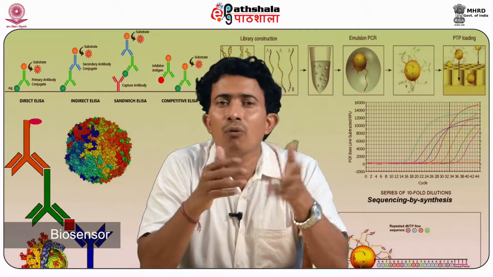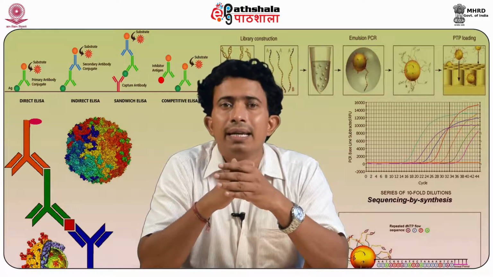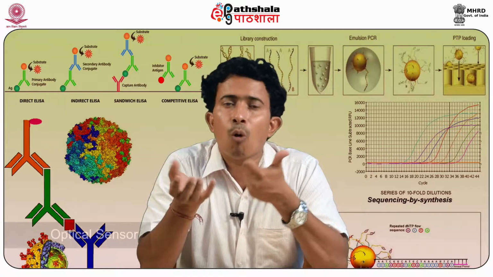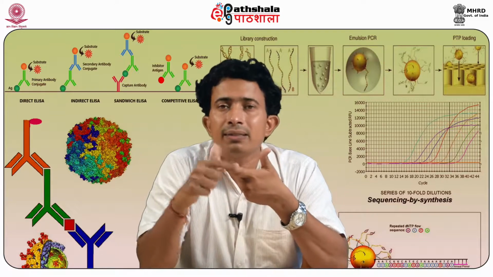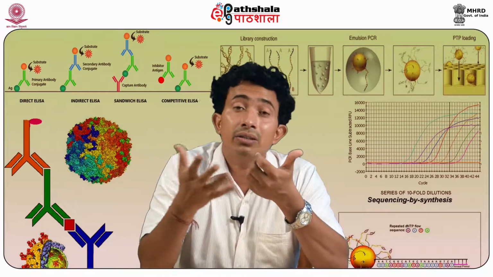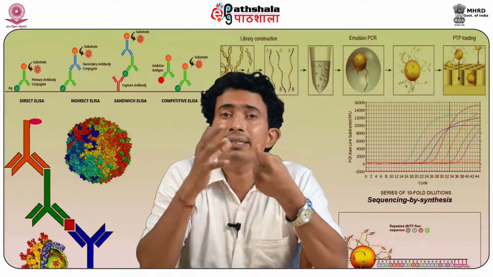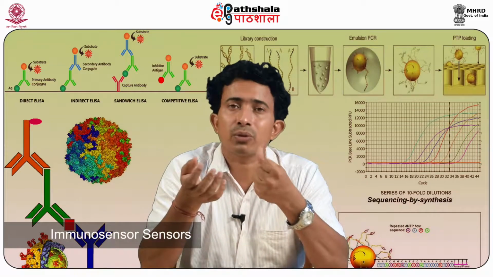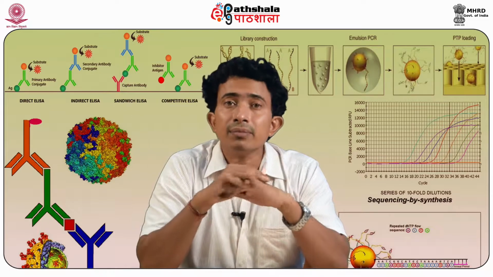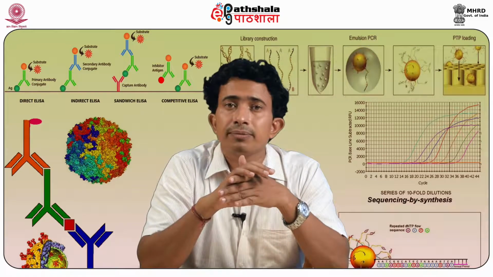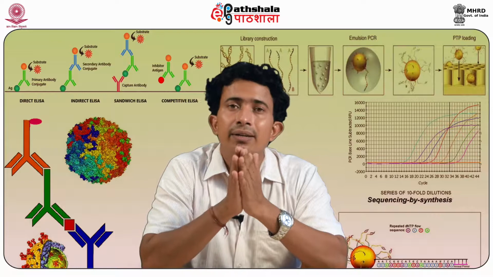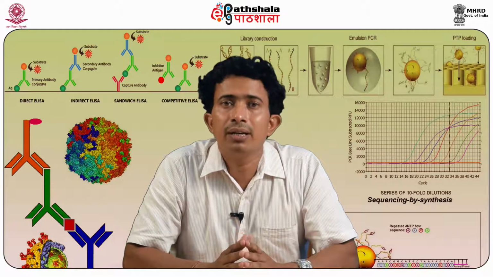So biosensors can be of many kinds such as optical sensor, electrochemical sensor, immunosensor. These sensors are based on different principles. For example, optical sensor is based on the detection of presence or absence of light in a specific condition. Electrochemical sensor detects change in the current, change in the voltage when the binding of ligand with the receptor takes place. Immunosensor is based on the binding of antigen with antibody and the change that happens can be signaled as change in the electrical parameter. So these biosensors based on different principles can be used for rapid and sensitive detection of pathogen in the given